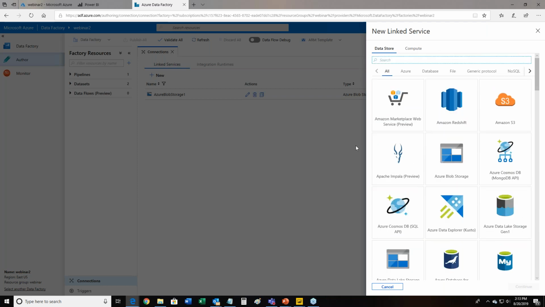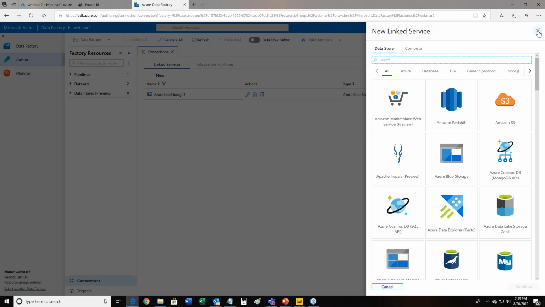So when you said that you could get multiple sources for data, this is what you're talking about, right? You could click on any of these or all of these and retrieve data into your data factory, correct? Correct. Let's say I'm a global firm and I have data coming in from SAP, from SQL, from Oracle, from Workday. This can be where it all is brought in and you do the necessary transformations before it goes to, for instance, your data warehouse. And we'll talk about the data warehouse shortly.